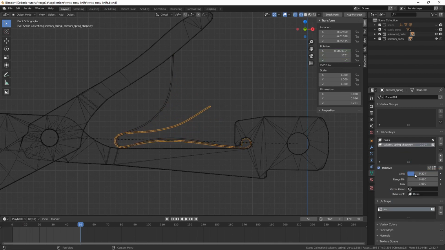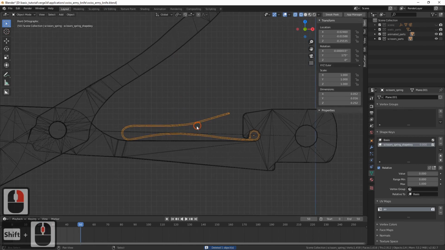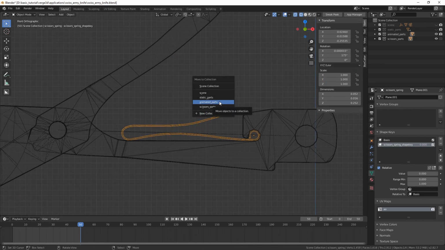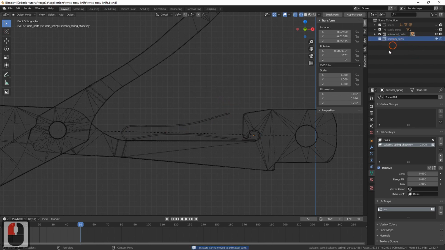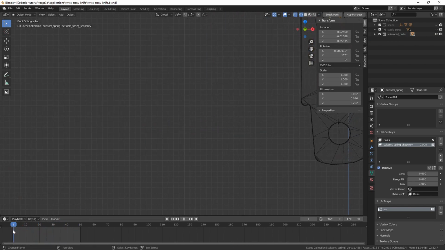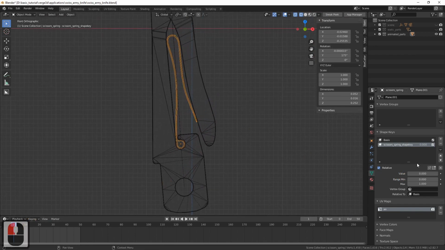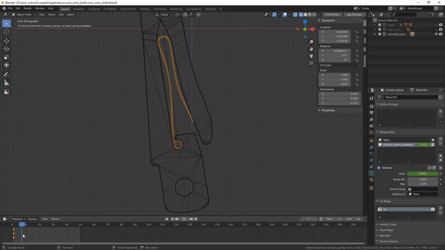Now we are prepared for animation. Let's delete this geometry as we no longer need it. Put the spring object to the collection animated parts created in the beginning of this video. Delete the obsolete collection. Set the timeline to frame 1. Now let's animate. Make sure the value is 0 and add a key by right-clicking on it and selecting Insert